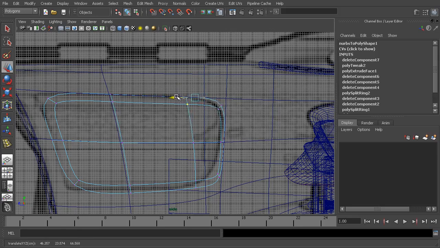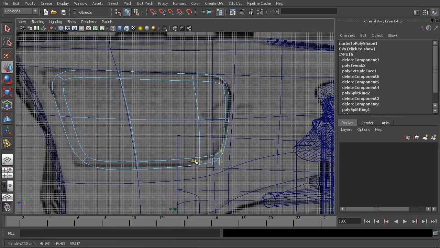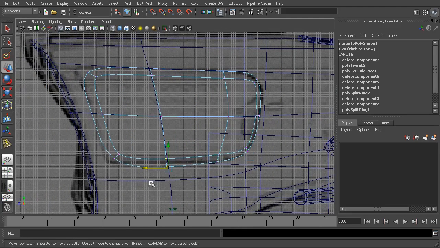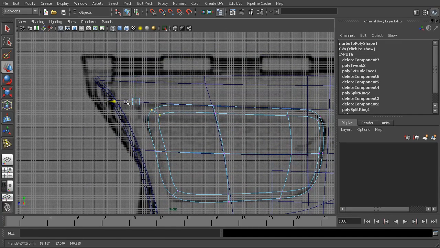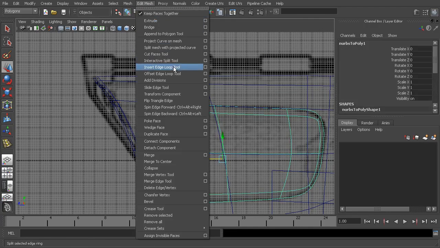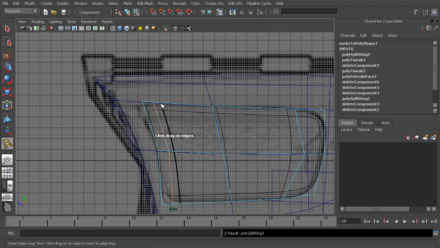And so now I can take those points and match them up to our artwork. I'll go ahead and pull those in a little bit. You can see as you pull them apart, it's going to give you a smoother transition. Kind of pull this up a little, and right here you can see how these are very soft on the front, and if you remember, that's going to require the addition of an edge loop. So let's go ahead and add that. So we'll go Insert Edge Loop Tool, add an edge loop right here,